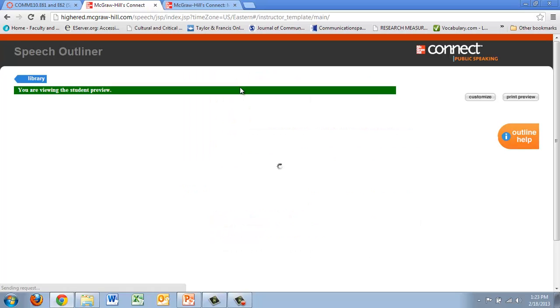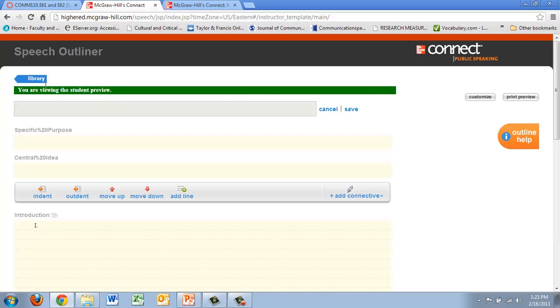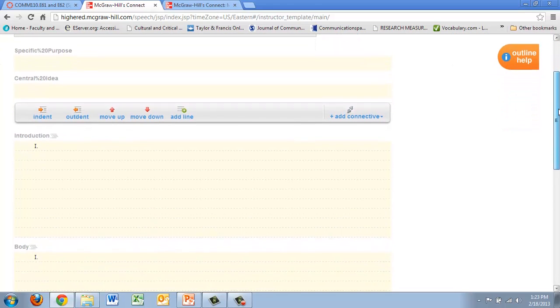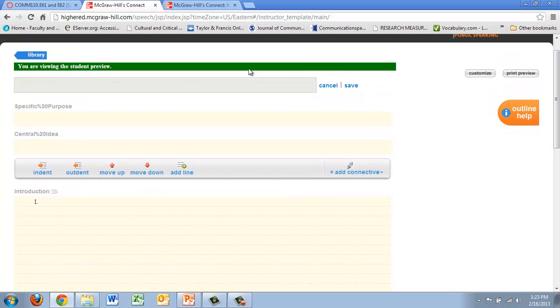And what this does is basically outline your speech outline for you. Remember, you need to submit a speech outline and turn it in on Canvas, and that accounts for anywhere between 25 to 40% of your speech grade, depending on the speech that you're doing. If you take a look here, the thing I like about this outliner is it does the work for you in terms of structuring and formatting your speech outline.